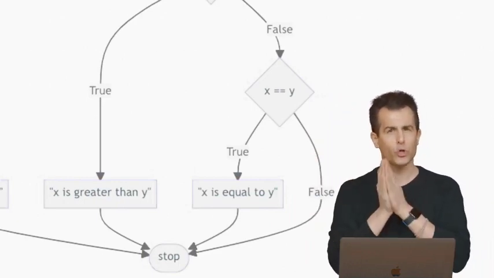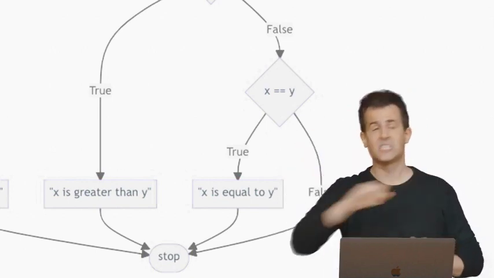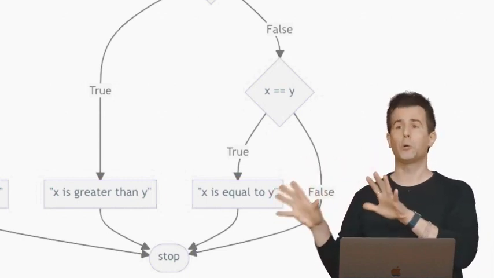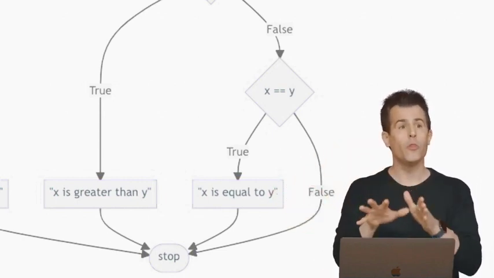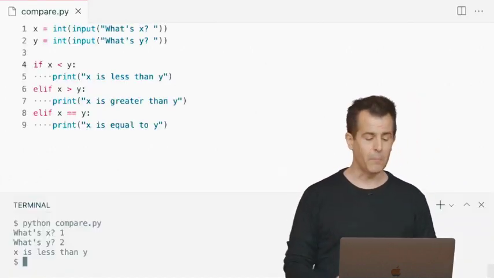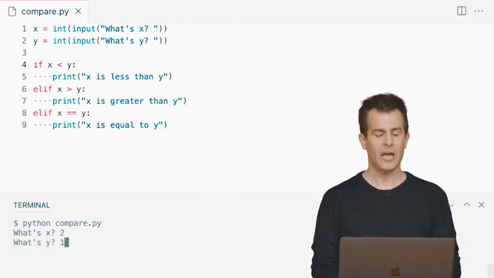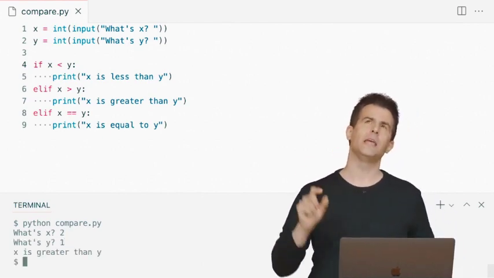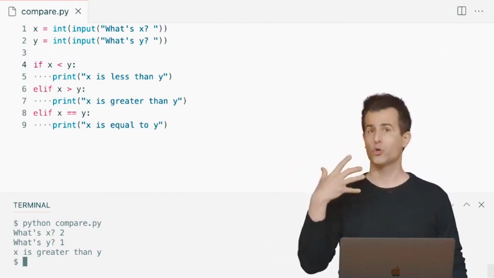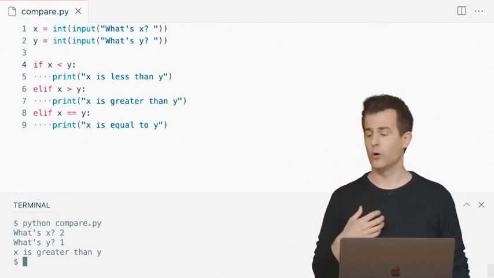If we get back a true answer right away to that first if, we're going to print out x is less than y and then stop. We're logically at the end of the program. So this picture is just representing graphically what the code is actually doing. But suppose I typed in something else. Suppose that my code actually ran and I typed in 2 for x and 1 for y. That is to say, the answer to the first question is now false, but the answer to the second question is now true. Because, of course, 2 is greater than 1.